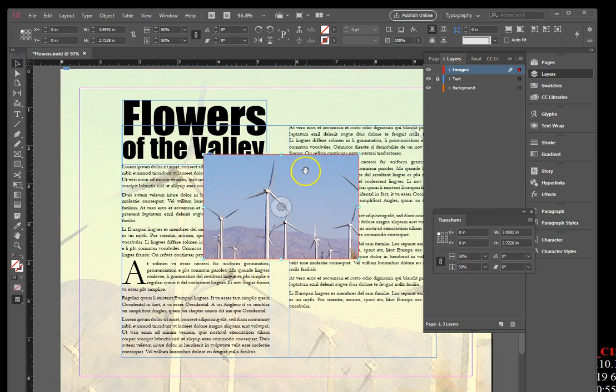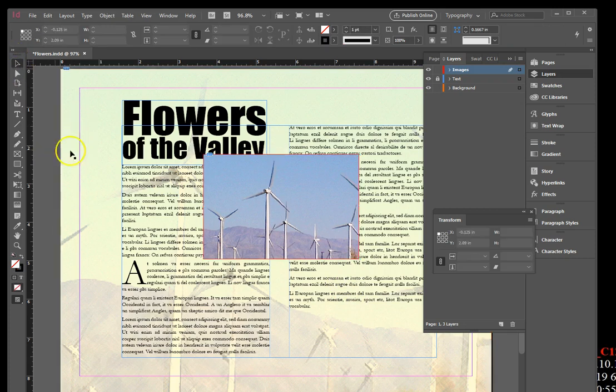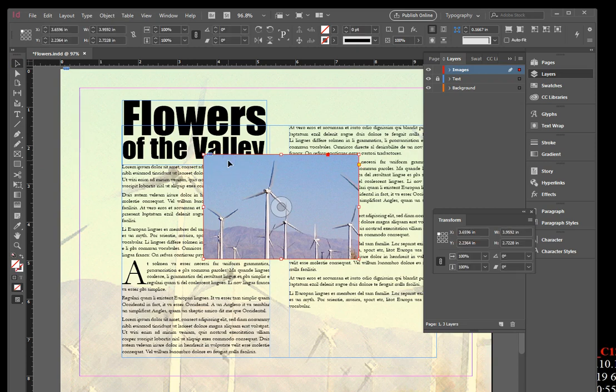If you have a blue line that looks like this when you take your cursor off of your image, that means your frame is not selected. So we need to make sure that frame is selected. I'm going to click on the selection tool and then deselect by clicking out here, and then go back and reselect. Now I've got a red frame that's selected,